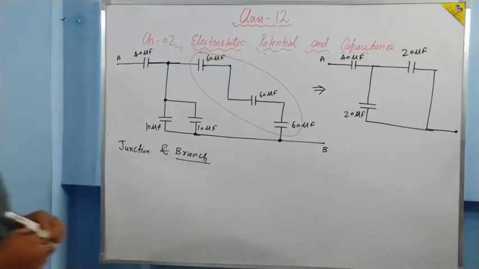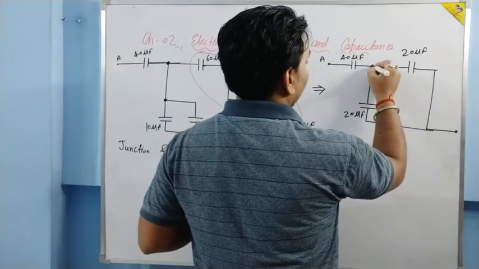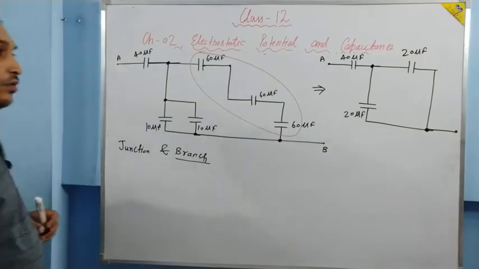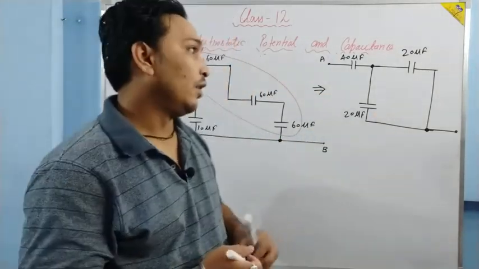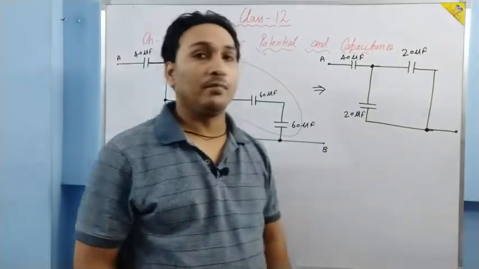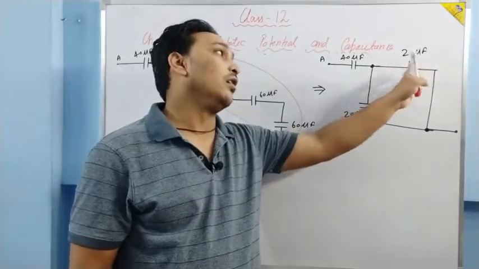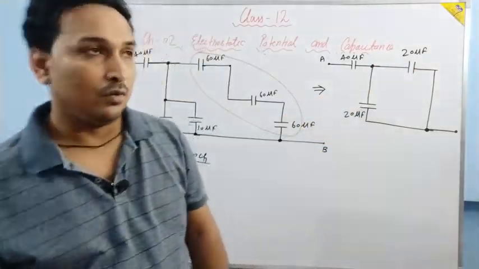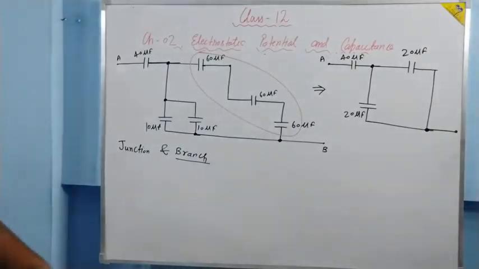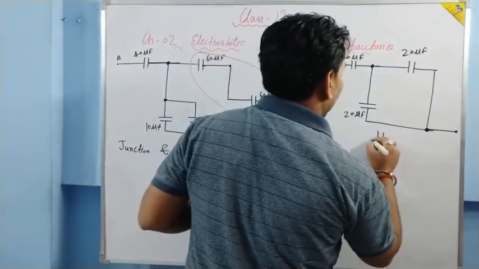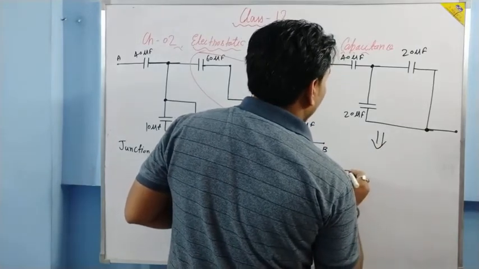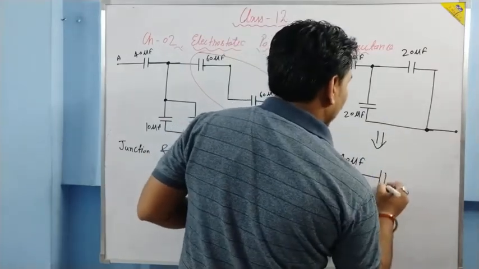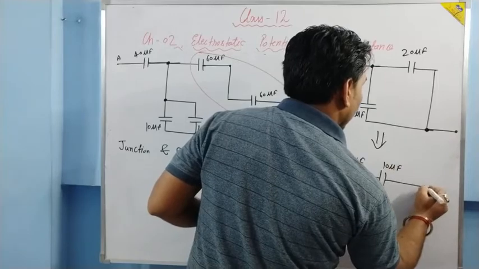Now just see, in this simplified circuit we have a junction here and a junction here. The number of junctions reduces. Now between these two junctions there are two branches, one is this one, another is this one. So both the branches are in parallel: 20 microfarad, 20 microfarad. 1 by 20 plus 1 by 20 is 2 by 20, which becomes 1 by 10. We do the reciprocal, and we are going to have 10 microfarad. And the 40 microfarad was in the question only. This point is B.